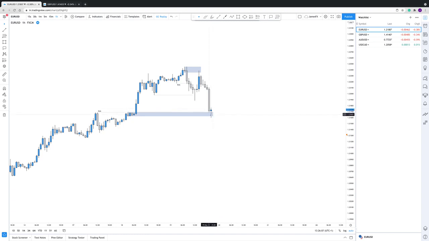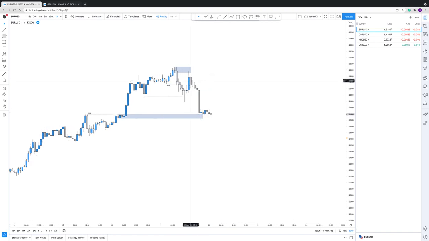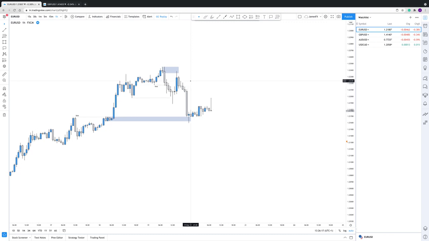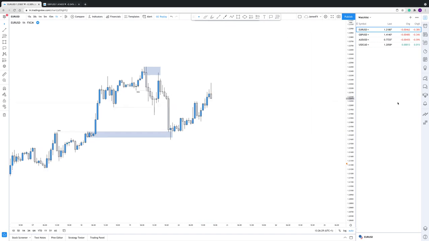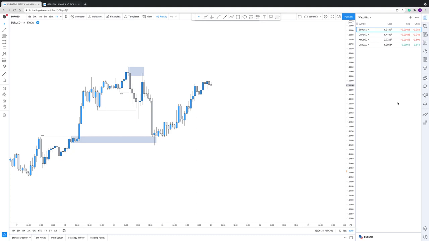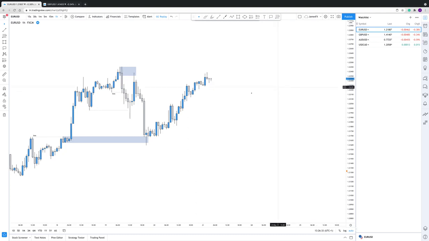So there are entries here on a lower time frame like the 5 or the 1 minute, which I won't go into, but you can see what happens next. We do respect the demand zone and we do correct, but then you can see we come up to rebalance this candle here from wick to wick. We then break above it, and you can see we then come up to previous highs and back up to test this wick here, which we know as an order block on a lower time frame. And that's where